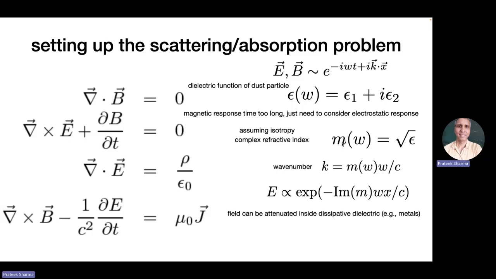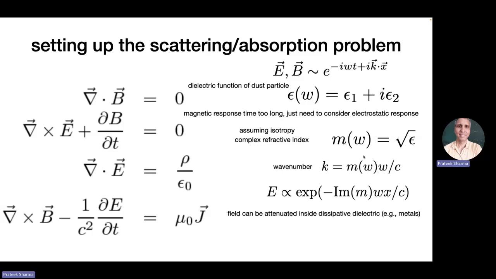This m is the refractive index, right? And m is just the square root of epsilon. So since epsilon is a complex number, this also is a complex number. Refractive index in general is a complex number. And this is the relation between, so you have imposed a frequency of the incident radiation. Now K is what is chosen depending on the material property. So K is just the square root of epsilon, which is nothing but the refractive index times omega by c, right? So omega equals ck in vacuum. So m is 1, refractive index is 1, or epsilon is 1.